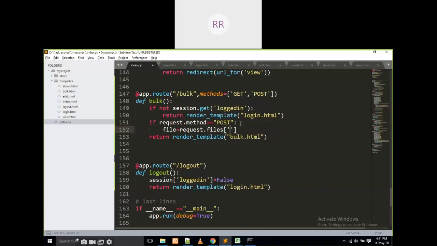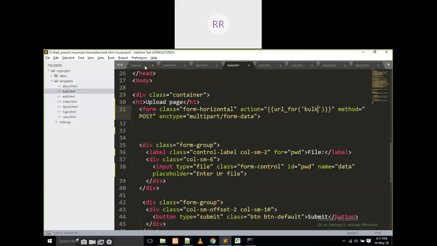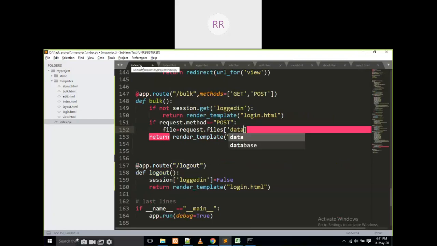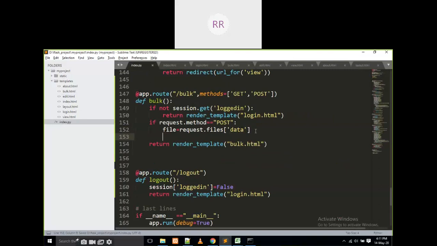What is the name there? What is the name I wrote? That is data. Yeah, that is the data here. Same thing I am going to write here as data.